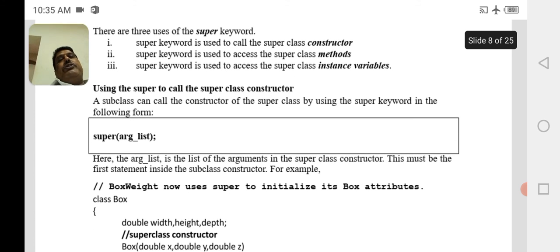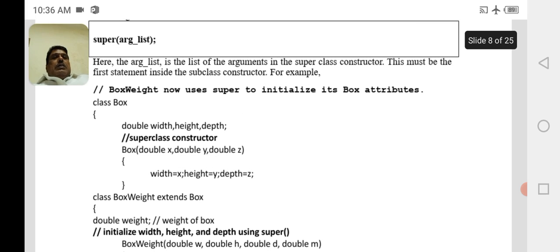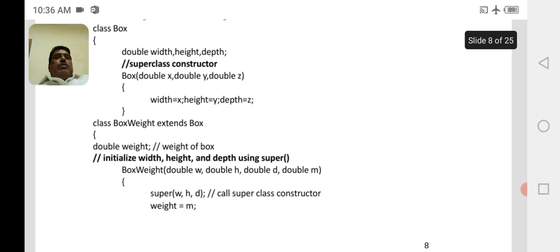Already we have seen how a superclass constructor can be called using the super keyword. Its syntax is super(arguments list). And this is an example of how the super keyword can be used to call the superclass constructor.